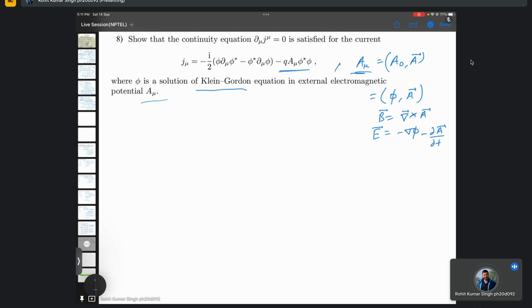That we have to see, but first let's just apply del mu on this probability current, and this will give